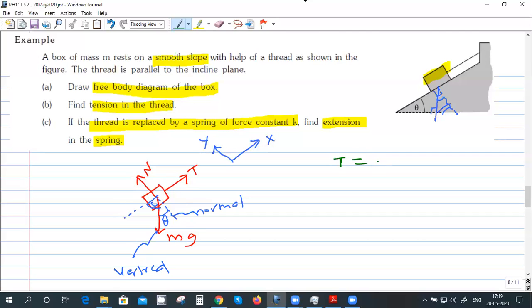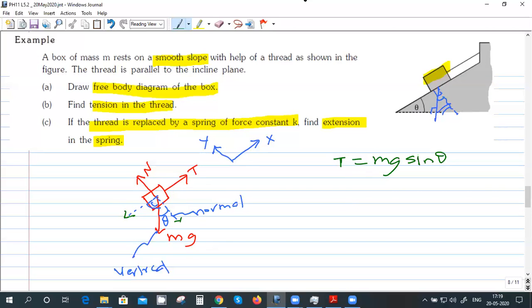One second, sir. So T is equal to... I forgot. This mg will be just split into two components, right? This component is mg cos theta. And this component, sir, with horizontal or vertical? Tension is in the horizontal, no? Along the x-axis, mg cos theta. Cos theta is in the vertical direction, no? Normal direction. So cos theta is along the x-axis, right?